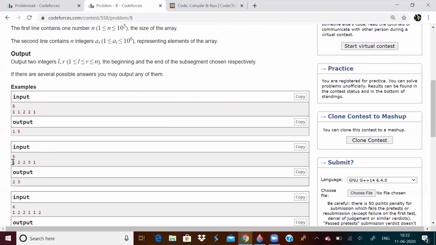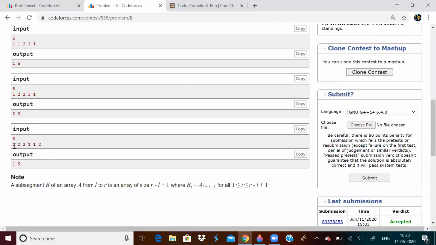If we consider 1, the subsegment length will become 5. But if we consider 2, subsegment length will become 2. In this case, we have to consider the two 2's, then only it will have maximum beauty.